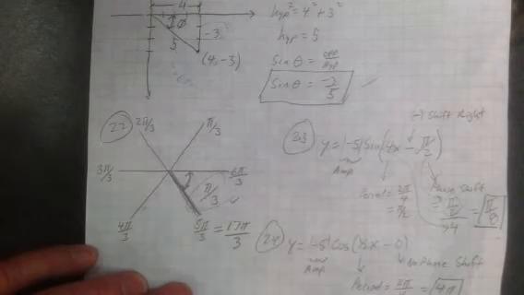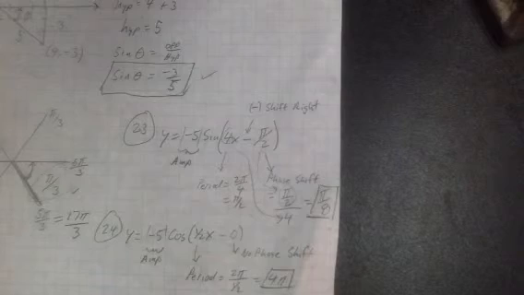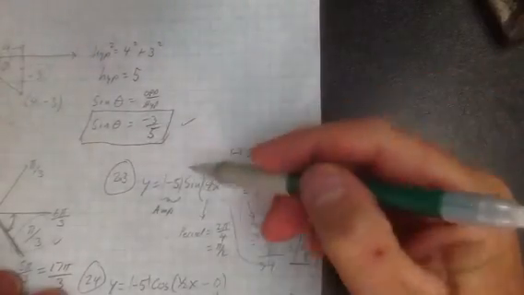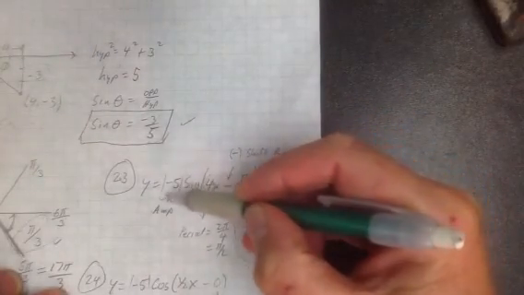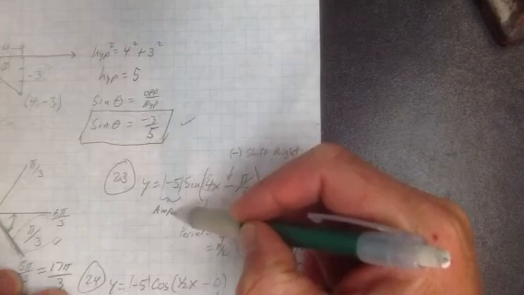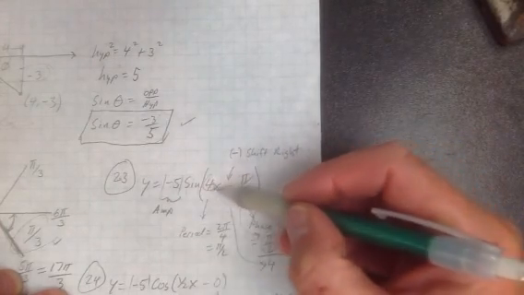All right, let's look at problem number 23. This is just transformations of sine, cosine, and tangent functions. We know this lead coefficient, its absolute value is the amplitude. We know that this